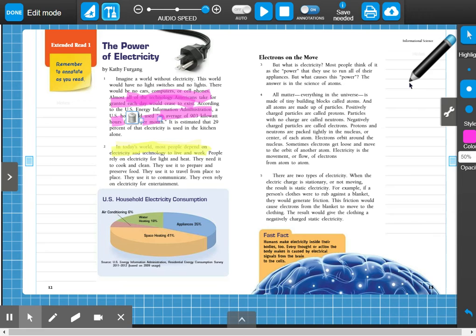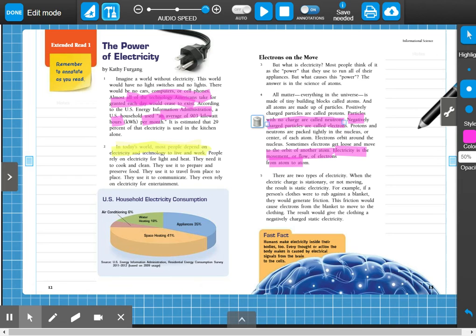Okay, so what I really like here is that they explicitly give a definition of electricity, and that's what that whole first paragraph was about. So let's go ahead and annotate that. The electricity is the movement or flow of electrons from atom to atom. And what I do see here is that because our title is Electrons on the Move, I want to go ahead and underline what electrons are. And they are negatively charged particles. Okay.